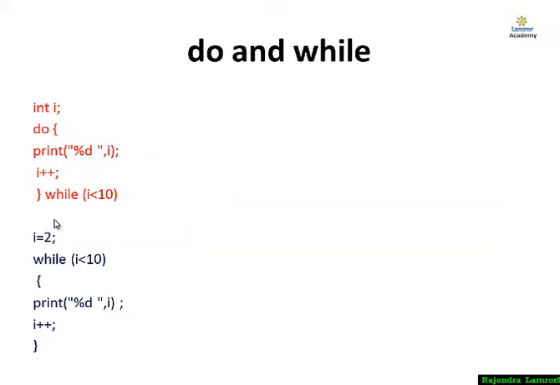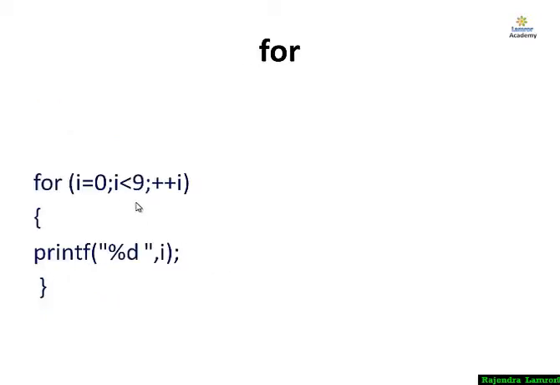Okay, while loop and do while loop. For the do while loop, you write whatever you want to execute, then put the while and the condition. The difference between while and do while is that the while loop checks the condition before executing the statements, while the do while loop executes the statements first, so do while executes at least one time but while does not. The for loop is used in a single line. The for loop has an initial part, a conditional part, and an incremental part. We are printing the value of i, and it continues the loop.